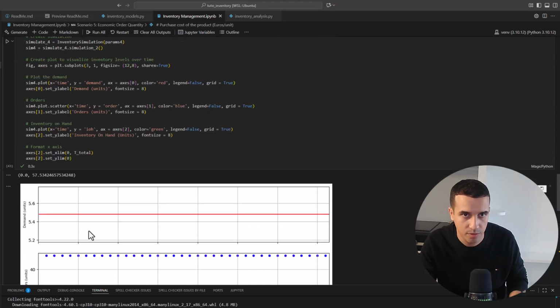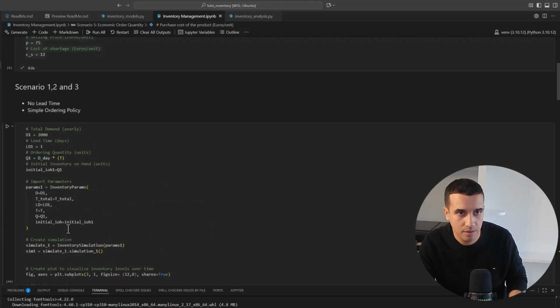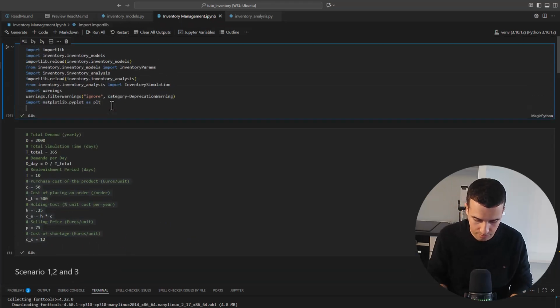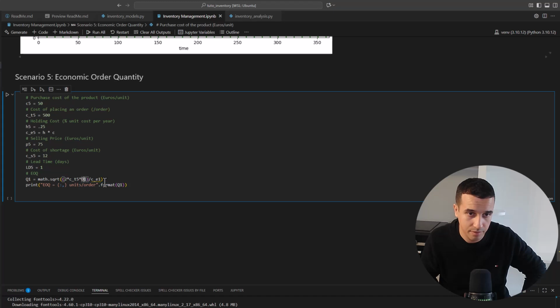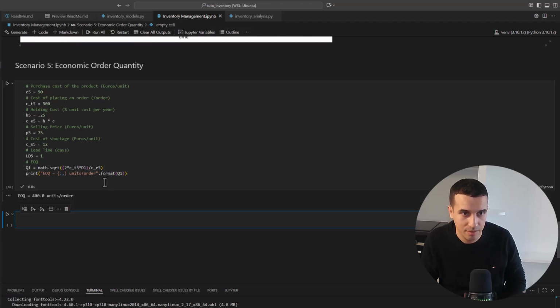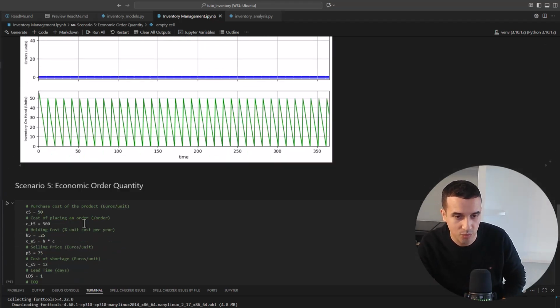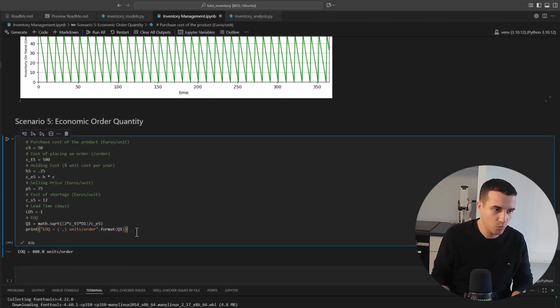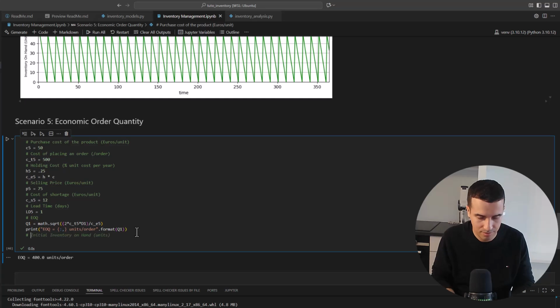Oh, I need to import math. Sorry for that. Import math. Here I call that 5. Yeah, I called it 1 in the article, that's why. So what would be the economic order quantity here? 400 units per order. Okay, so way higher than the 50 that we are ordering here. But it means that